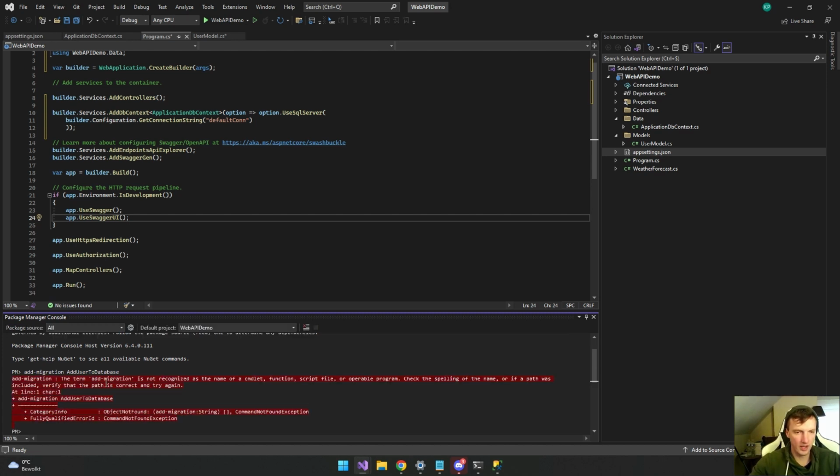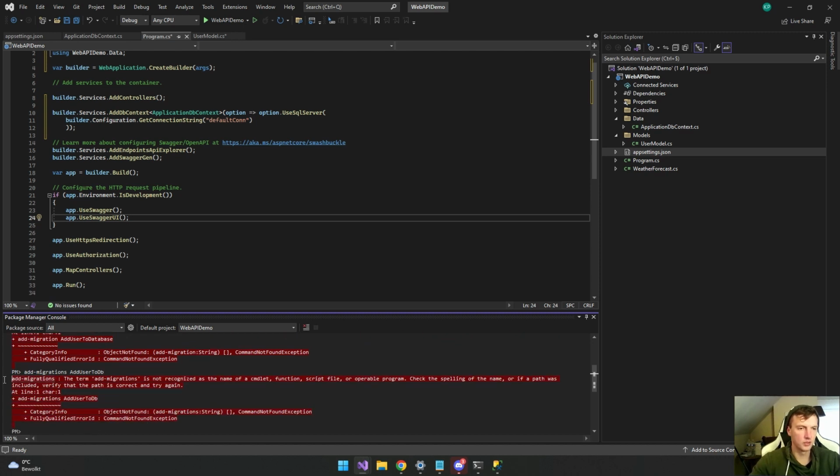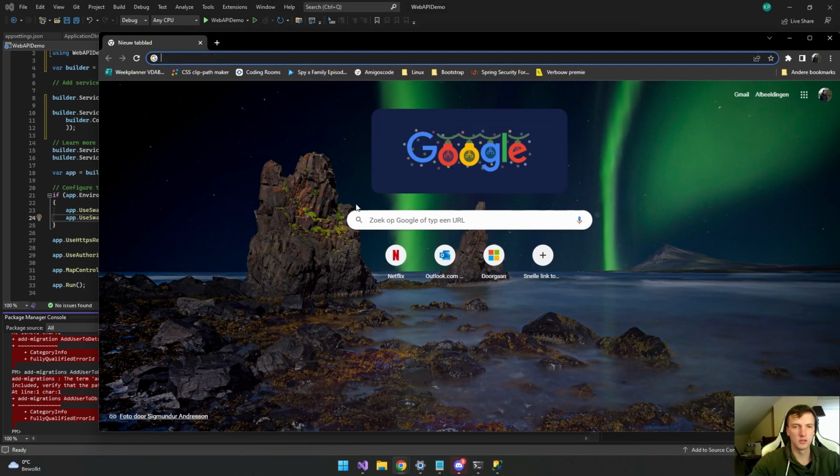Then it's gonna give an error: Add-Migration is not recognized as the name of a command line function. Add migrations, add user to database. Probably I'm gonna make a typo, but let's watch for a second. Let's open this.